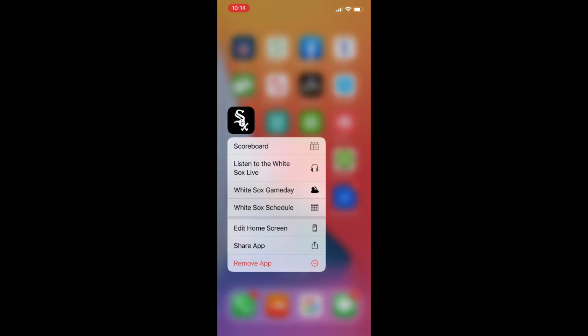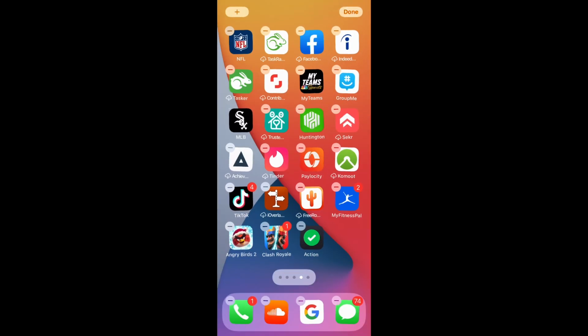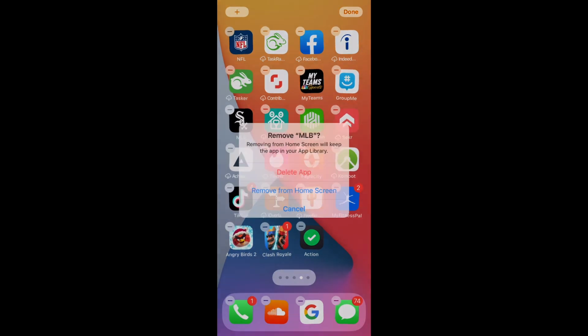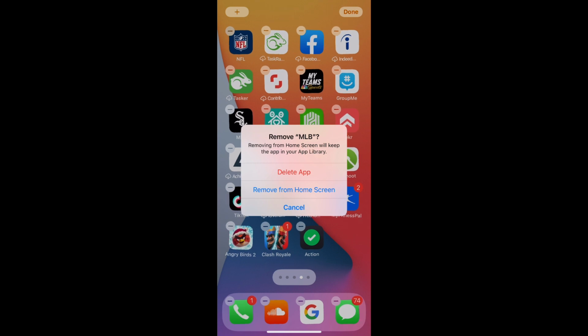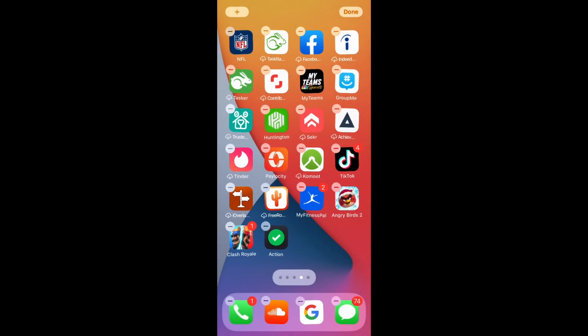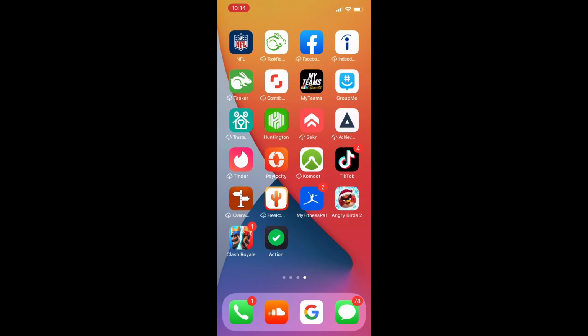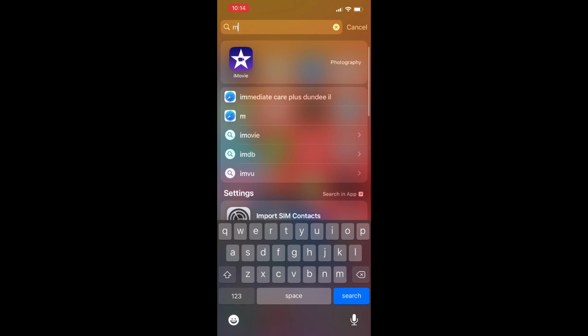So what you're going to do is hold down on the app that you want to remove from the home screen, and the apps are going to wiggle with a little line through them. Once you click on the little line in the upper left hand corner of the app itself, it's going to give you two options: delete the app or remove the app from your home screen. You're going to click remove from home screen,